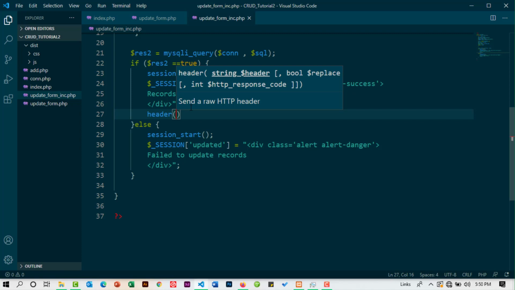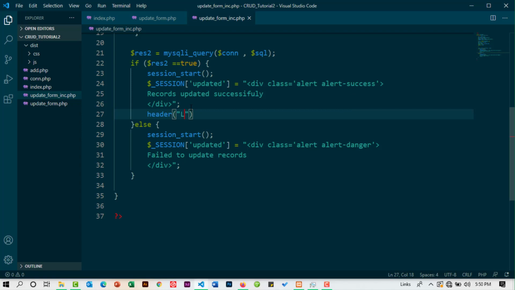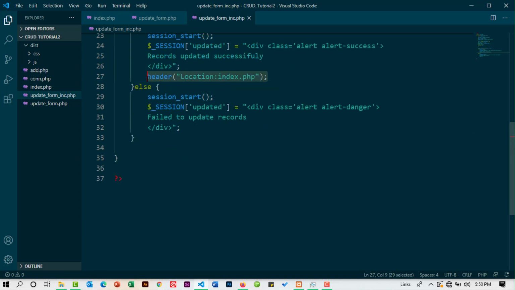So I should have a header here. I had forgotten this. So location, and for the location it will be index.php. So we are redirecting the user back to the index.php with that success message,